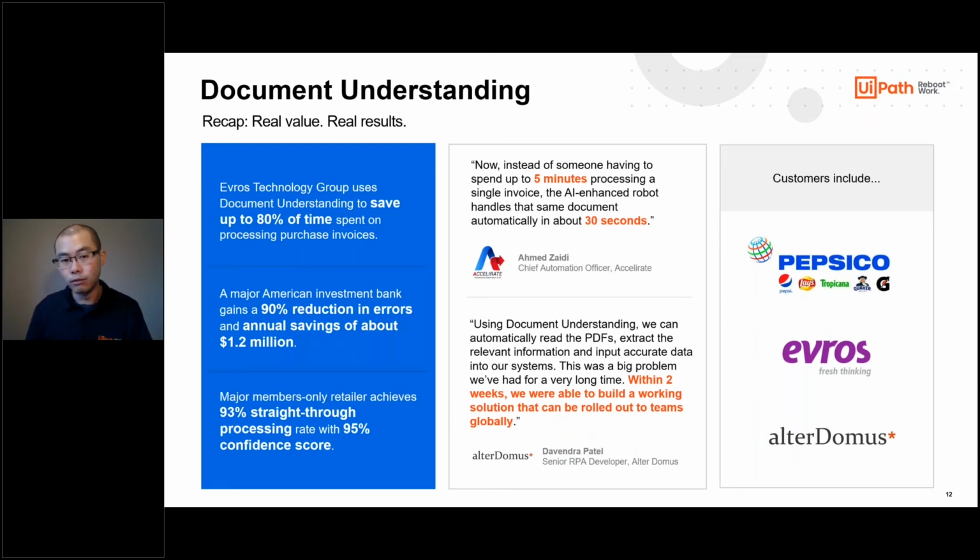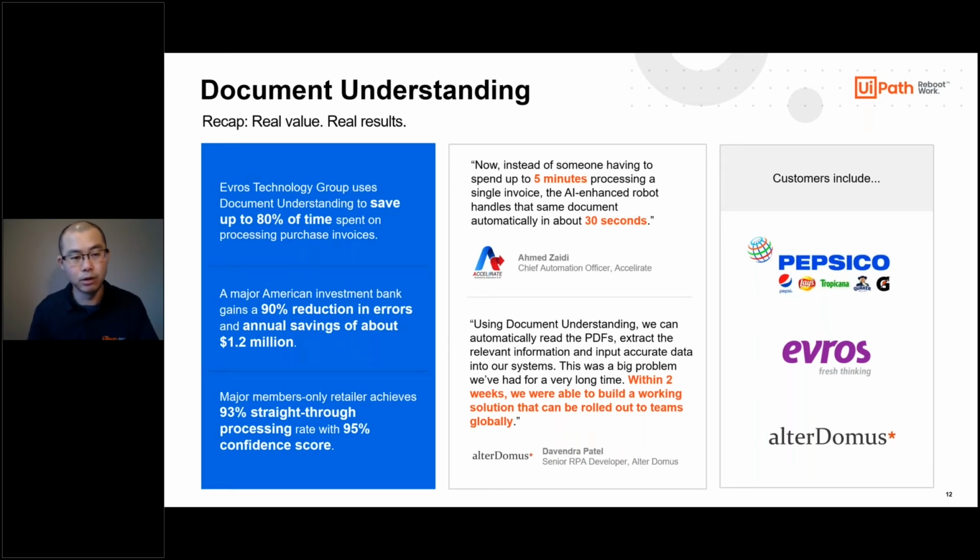And sometimes it's easy to overlook the fact that robots actually help you in multiple different ways. Automation can certainly help with time savings or reduction of tasks, but it can also help with having the tasks be completed more consistently. In this case, a 90% reduction in errors yielded an annual savings of well over $1 million, right? That can be extremely important and could be the major driver for your business case for that automation.